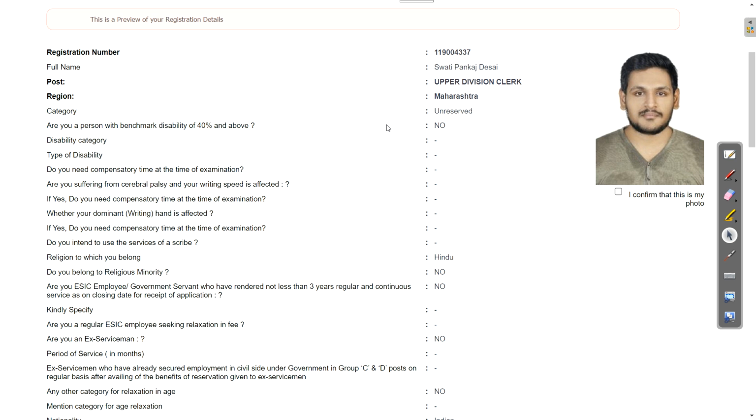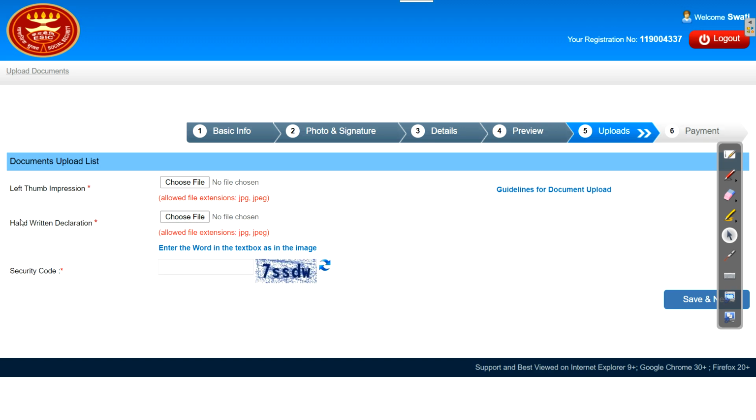First confirm your photo, then verify all the details, that is, to upload your left thumb impression and handwritten declaration.